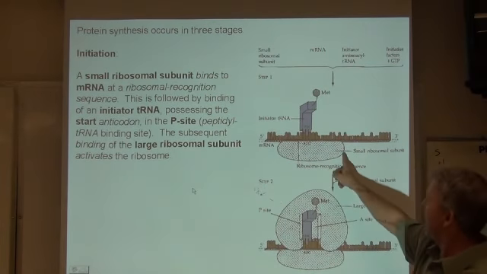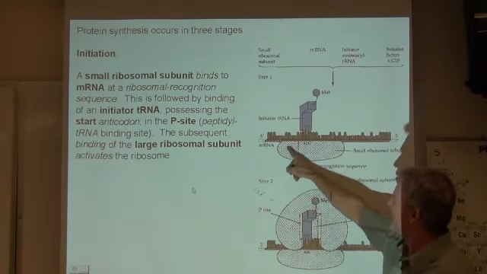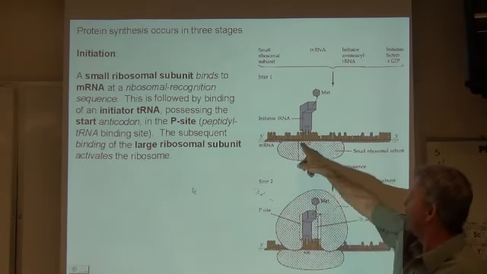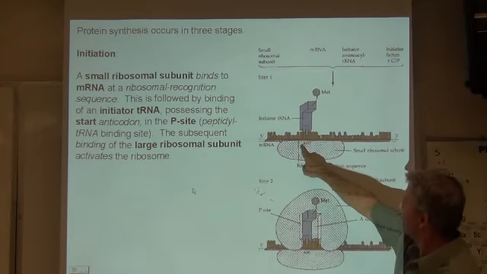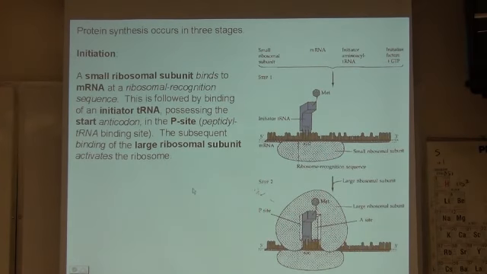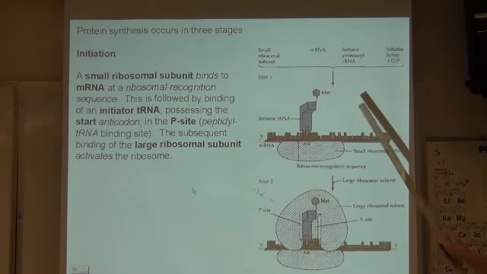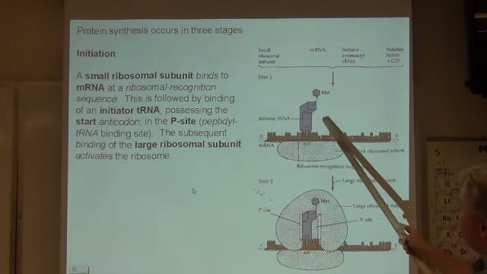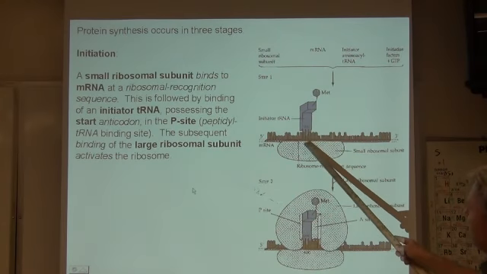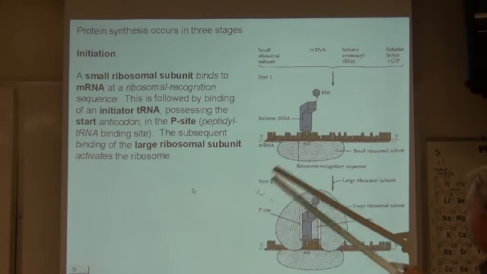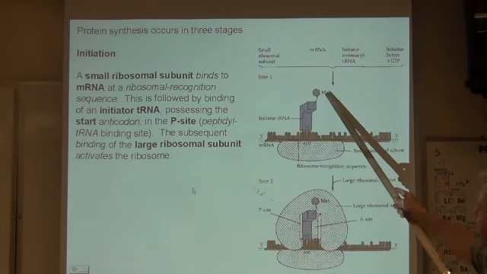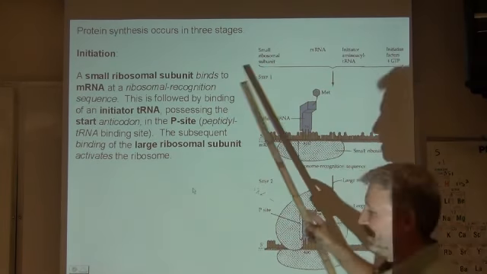And out in the cytoplasm, the small ribosomal subunit recognizes the initiator sequence. Notice here, it's AUG. That's our start sequence. The transfer RNA with the anticodon UAC, which is anti to AUG, sits down in the binding site carrying the methionine